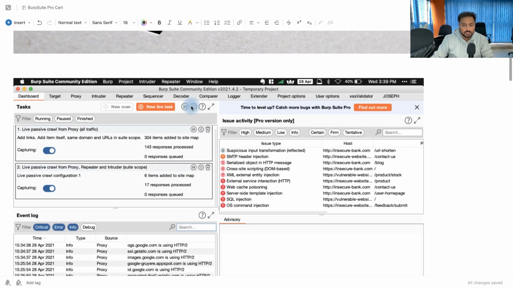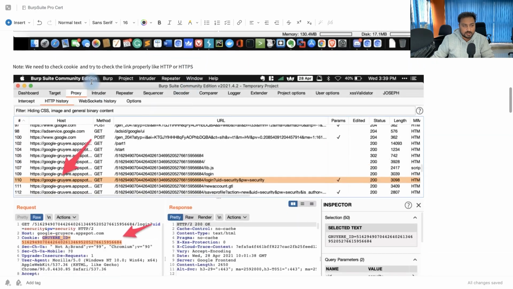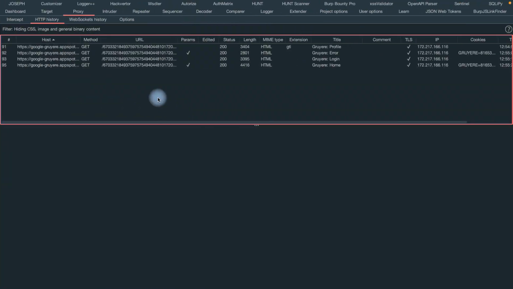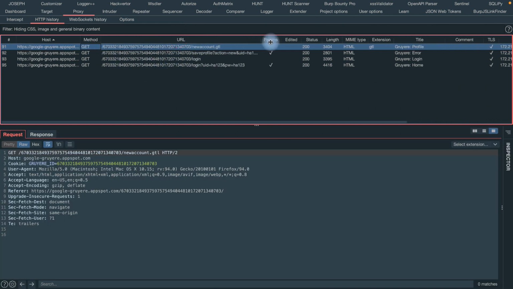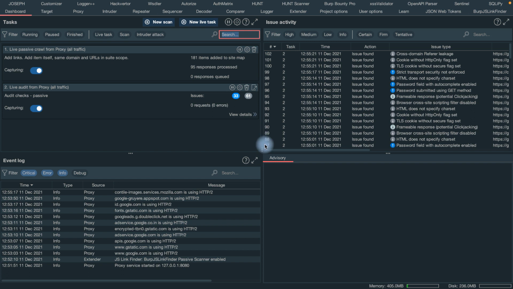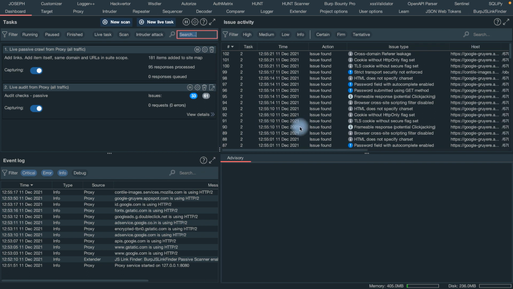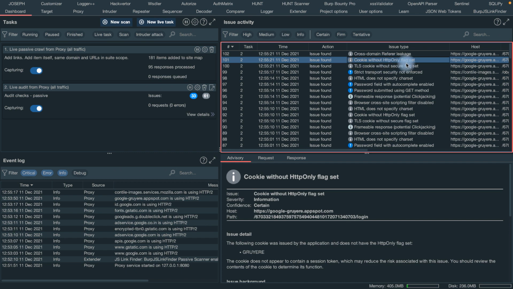This is the meaning. For example, let's say I have tested the application and I have a lot of information, like GET requests and POST requests. Let's go and check it out. You can see we have a GET request available here. I'll go here and check the URL. The main important thing is you can simply go to the dashboard. This is a dashboard, and the interesting part is regarding the cookie. When you check the cookie, you can see that the cookie is set without the HttpOnly flag.